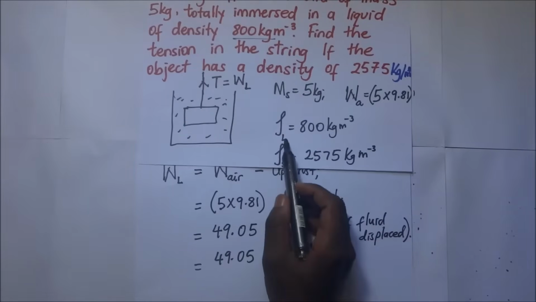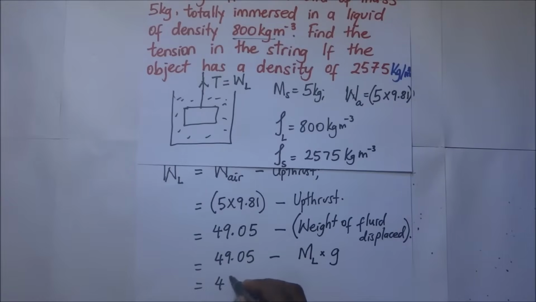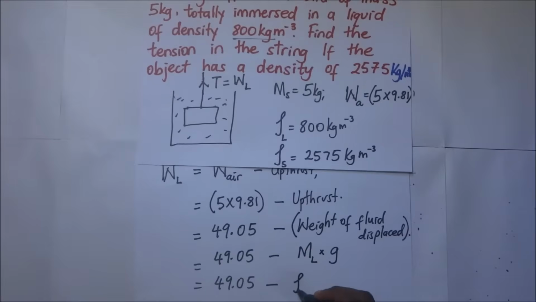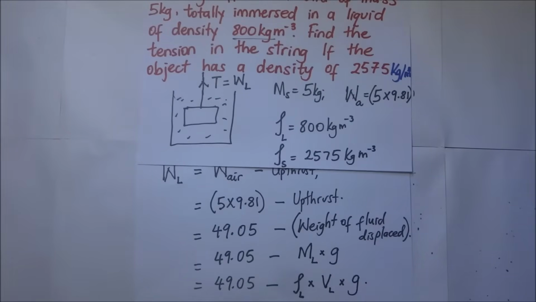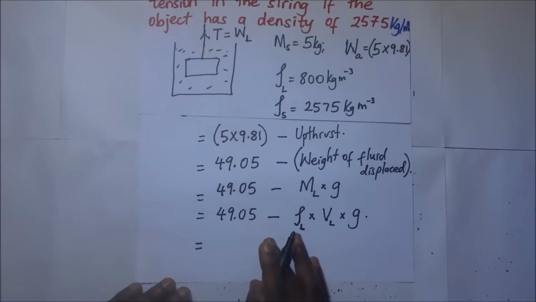Let's call it the liquid instead. Mass of the liquid, multiply that by the gravity. This is going to be 49.05 minus the mass of the liquid, which is given by the density of the liquid multiplied by the volume of the liquid, then multiplied by gravity. This is still going to give us